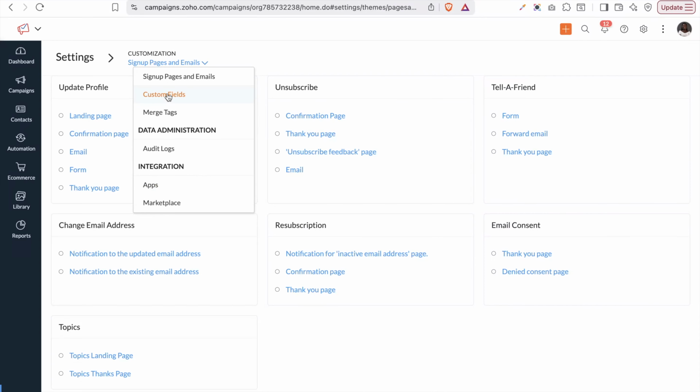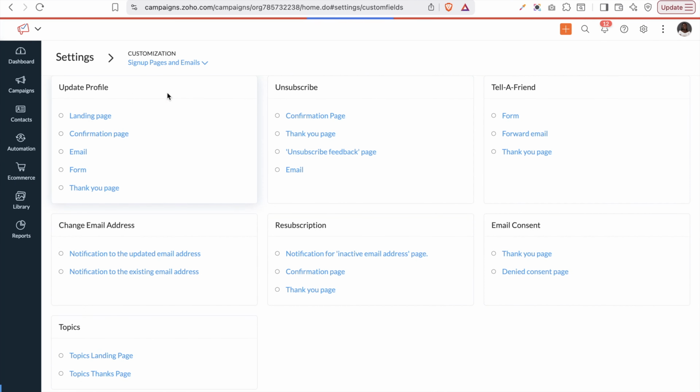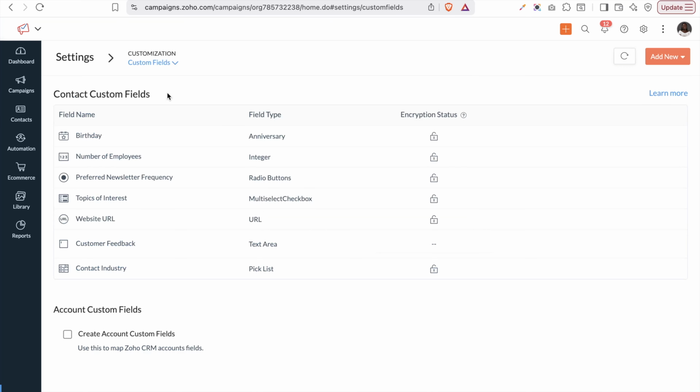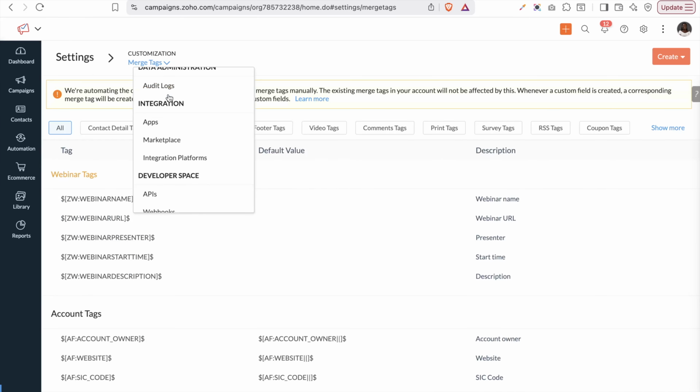Then for custom fields, it allows you to create different custom fields that are not in Zoho Campaigns currently, and you can create them based on dates. You can create them based on boolean and based on category or multiple choice, whichever one suits you or works for you. So the next one we have is audit logs, and we also have the marketplace